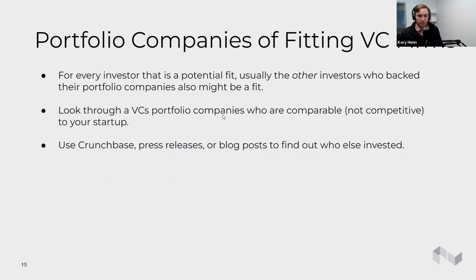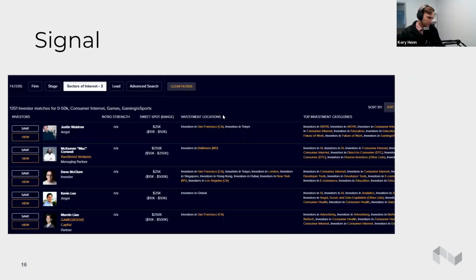And then lastly, on the online side, there's another tool called Signal. It's another database tool that uses LinkedIn and, I believe, your Gmail to try and find introduction paths to investors. So it's a little unique in that sense, but very similar to some of the other online tools we looked at, where you can filter by sectors of interest, stage, lead investor, check size, things like that. Then you can get a list here, and then it's all about using your checklist to figure out who might be a fit very, very quickly.